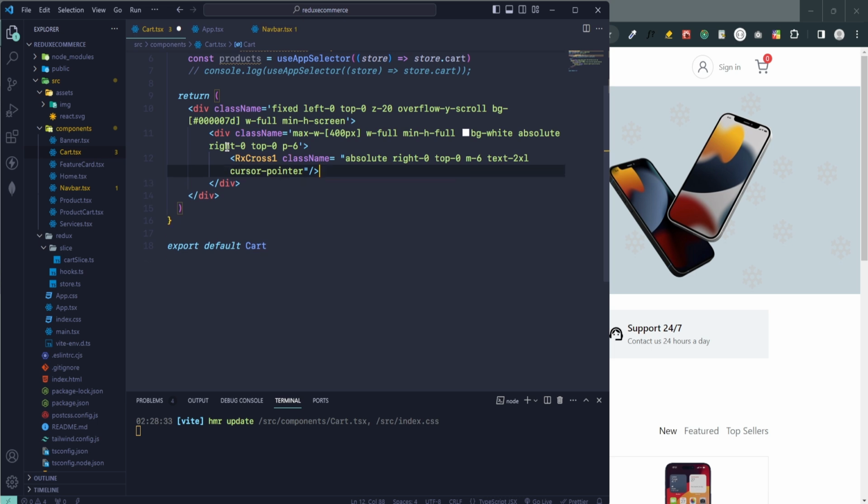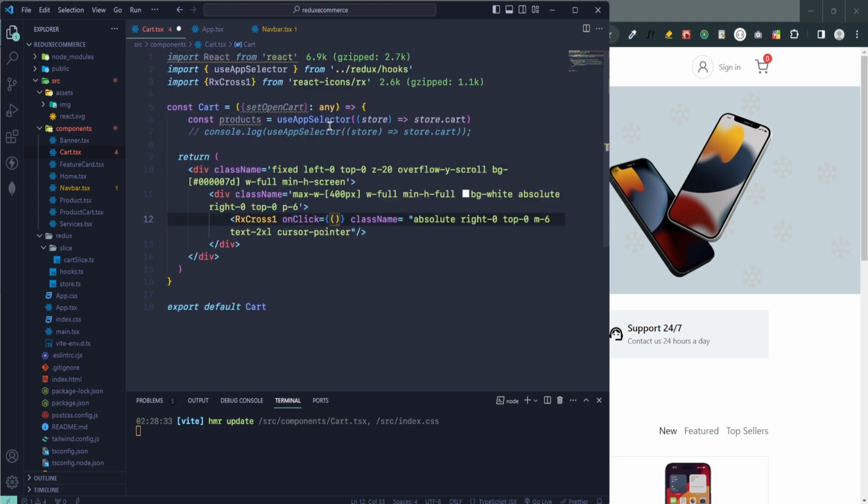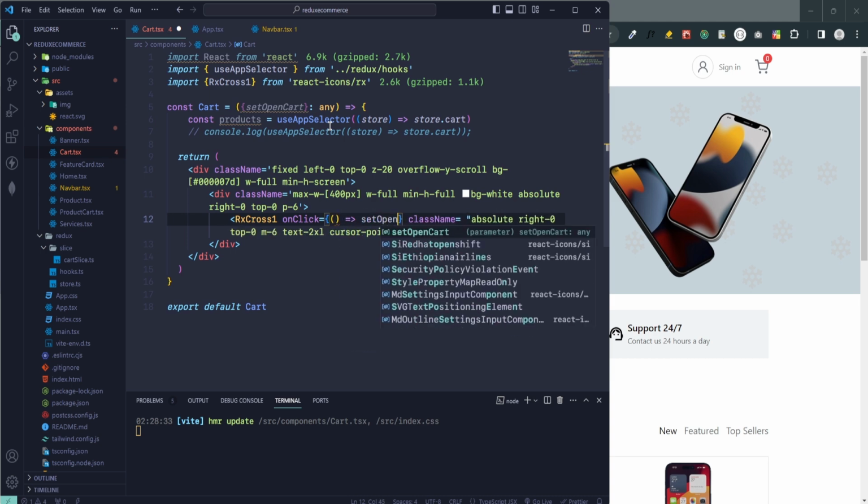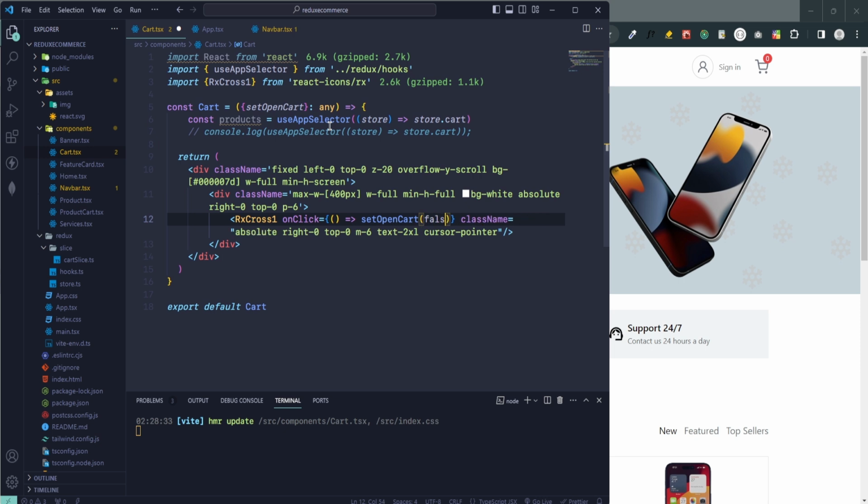Okay, when on click this icon, and set open cards is false. Okay,